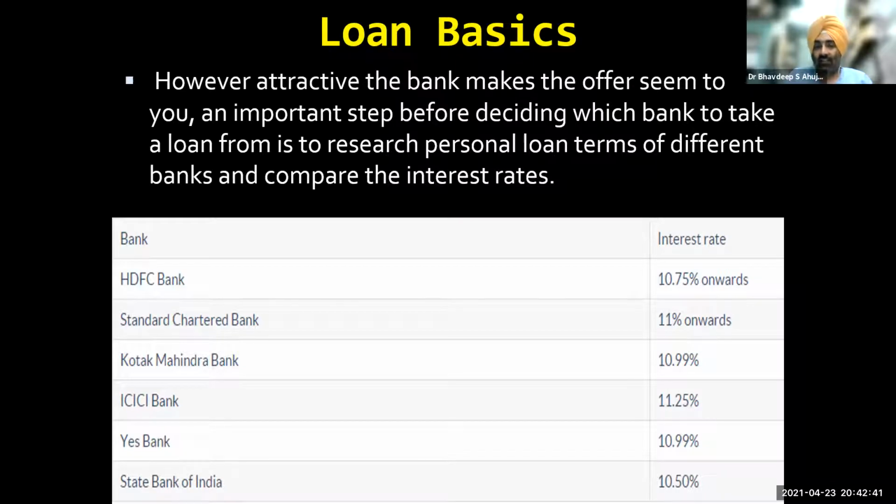So the average interest rates by different banks are displayed. HDFC 10.75, Standard Chartered 11 onwards, Kotak 10.99, ICICI 11.25, Yes 10.99, and State Bank 10.50. Of course, these keep on changing, but yes, they all will try to be in sync or close to the